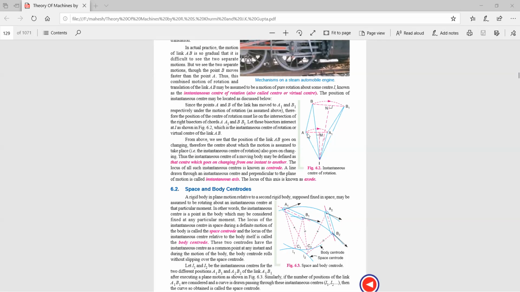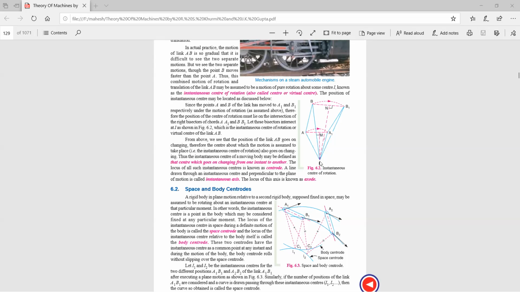So what happens here now, once this link jumps to this position with rotation, I will bisect the line from B to B1 point and draw one line like this, a vertical line, perpendicular you can say. And then I will also bisect the A and A1 points, that is the M point. So I will drop this here, and somewhere these two lines will meet.